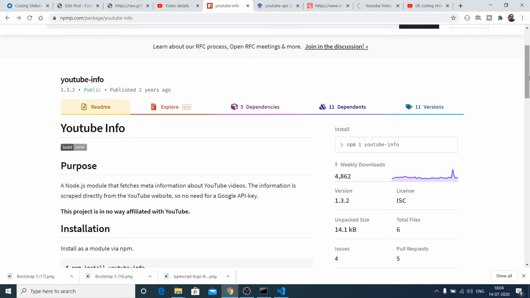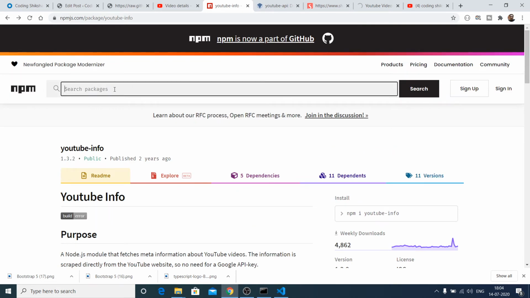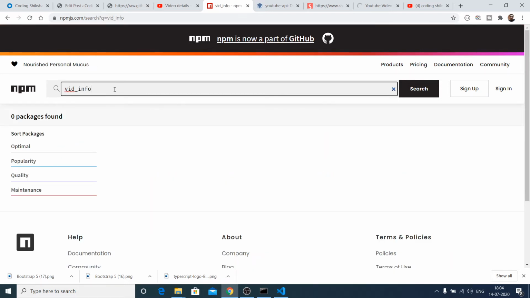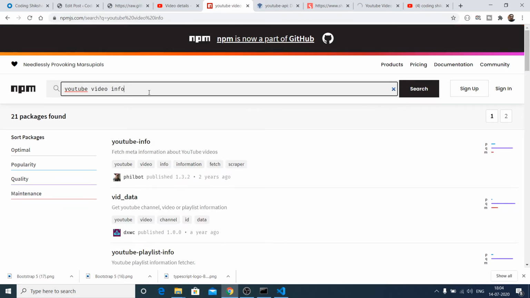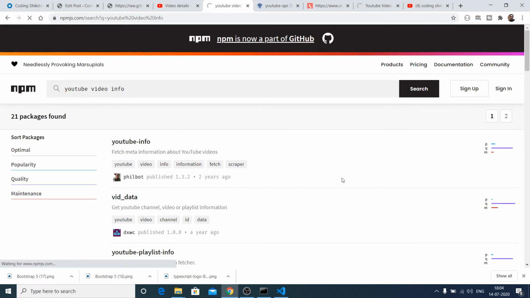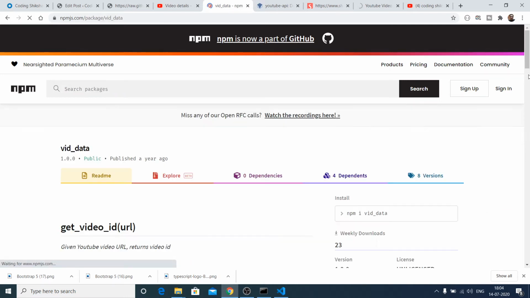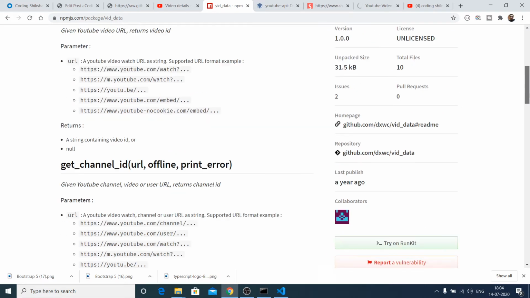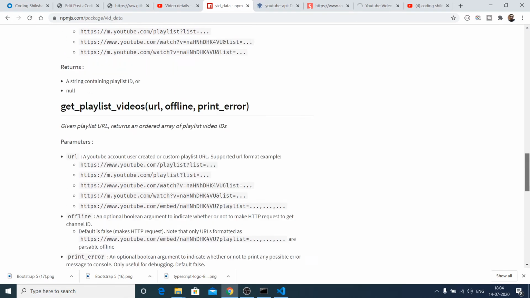I think instead of using this, you can use vidinfo. If I type once again YouTube video info, there is another module which is there, which is this module.